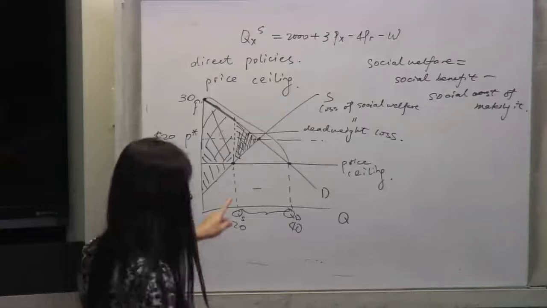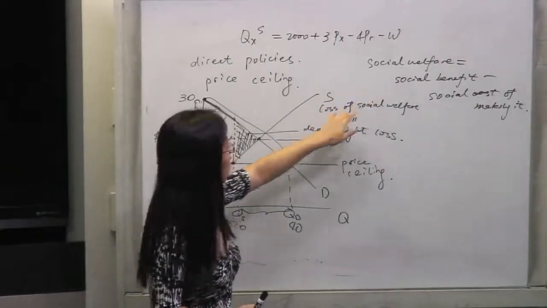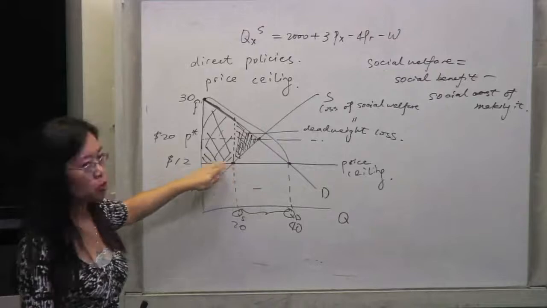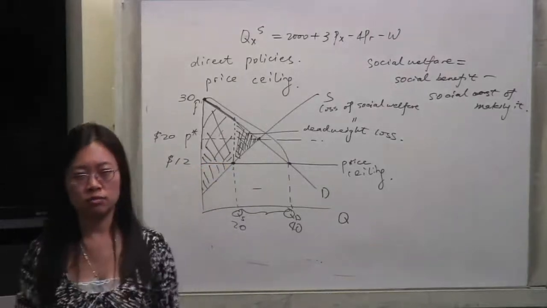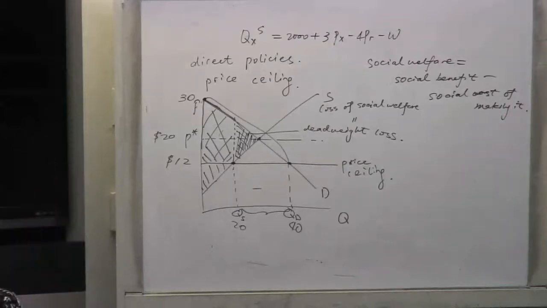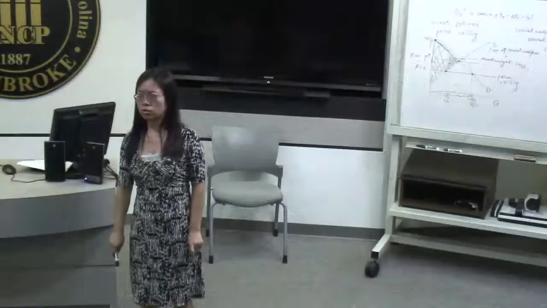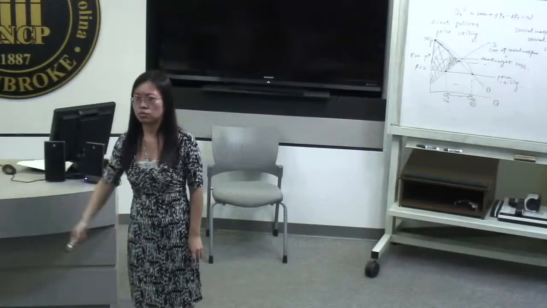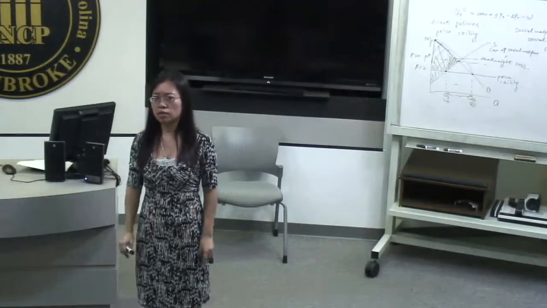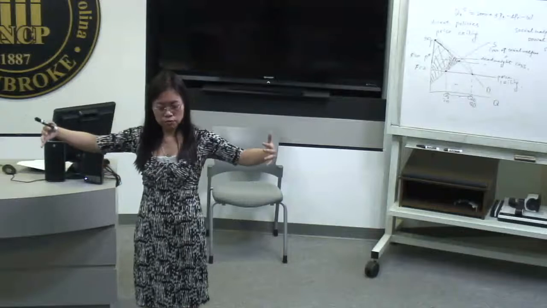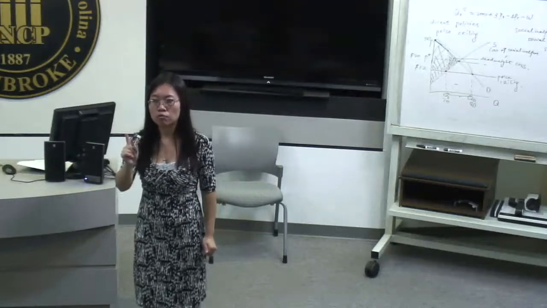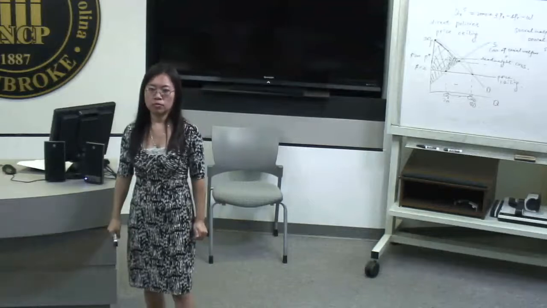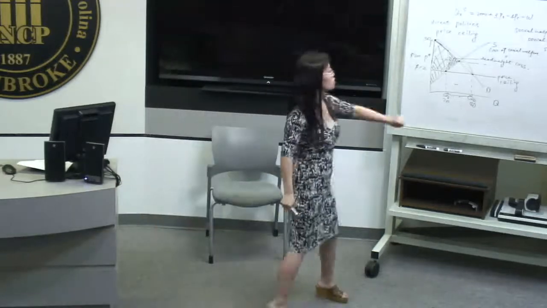So for this approach, we do not look at this anymore. We do not look at the market price, because the price is what? It just transfers the payment from you to her, from her to another person. It's a transfer of payment. Nothing is lost, nothing is gained. If you look at it as a whole, it's just a transfer payment. So it's not considered part of the social welfare. The social welfare is just the social benefit and the social cost.